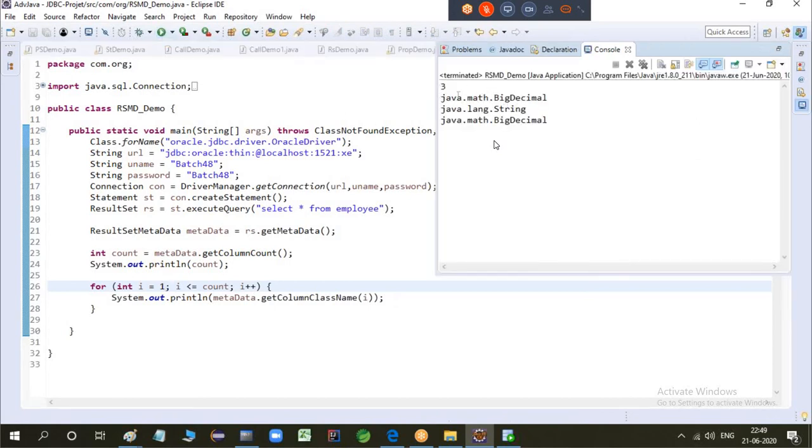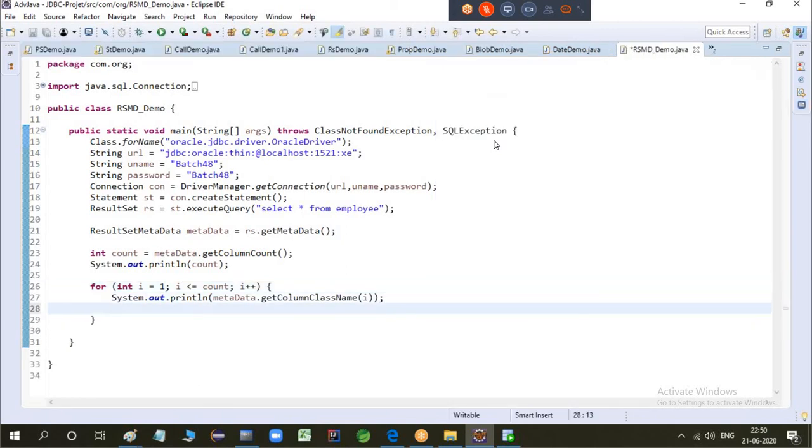Okay, so it's giving me its types. By default it's taking big decimals. All right, that's above long you can say. That's a class in java.math. String is there and big decimal is there. All right, like this what you can do,